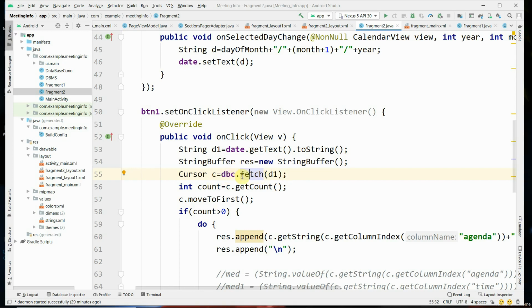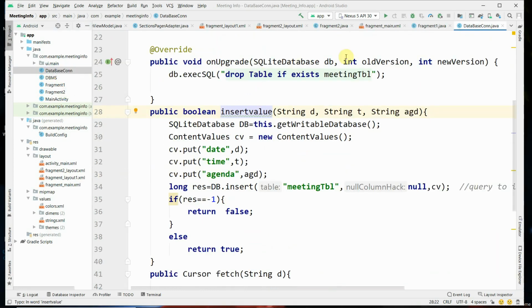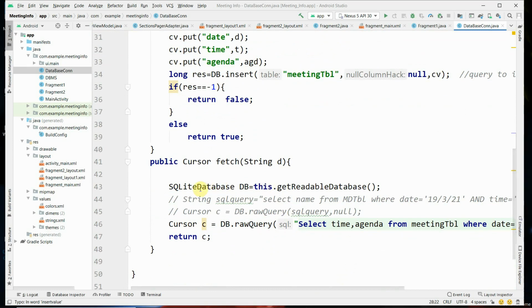This fetch is a user defined method, because in DatabaseConnection.java you have written the method fetch, which reads the database table, and to read the database table, the this dot get readable database method is used.